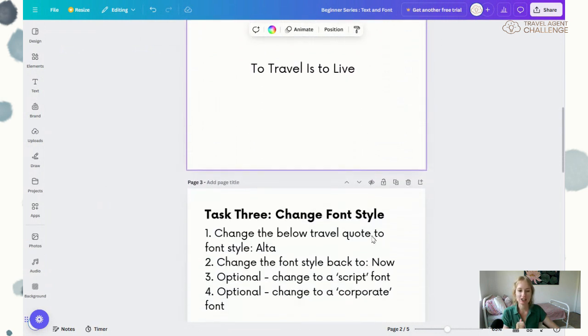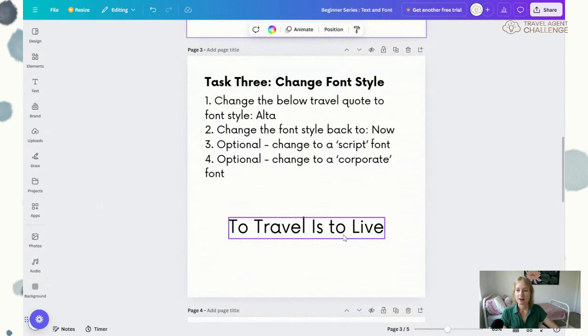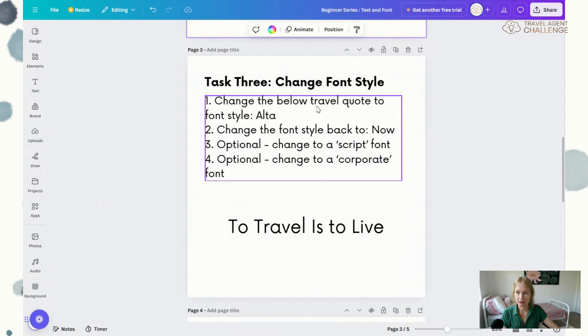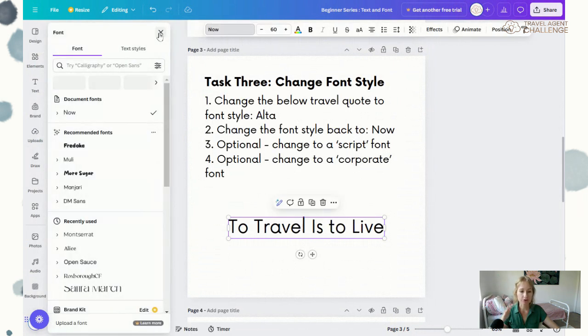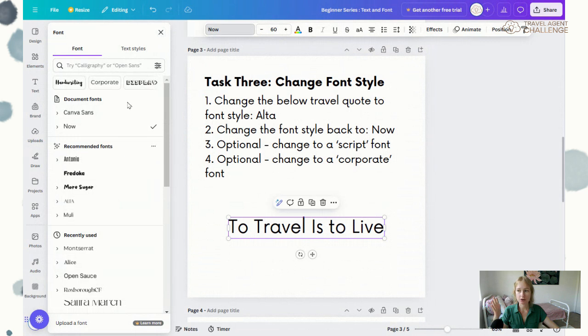This one, changing the font style. So we're going to use our same quote again, and we are going to change the below to the font style Alta, A-L-T-A. So again, we're going to click on our text, and we're going to come to our top navigation, which is all the way at the very top, and we're going to use this first box which says now. So we're going to click this, and what it'll do is it'll open on the sides all of our